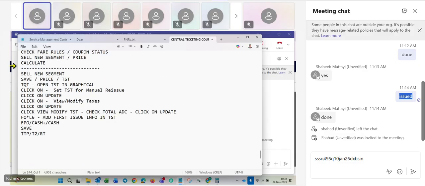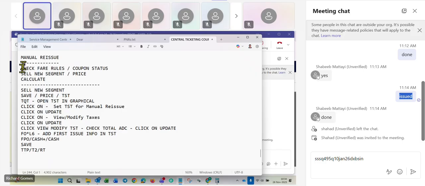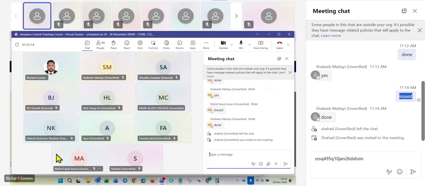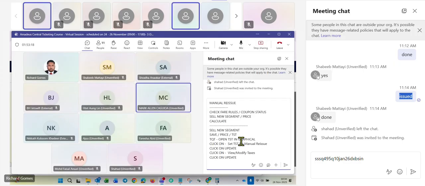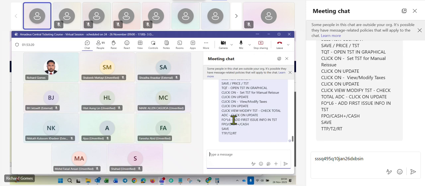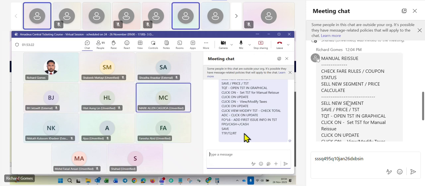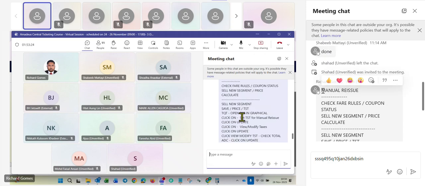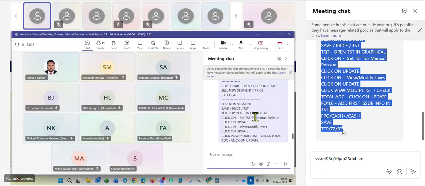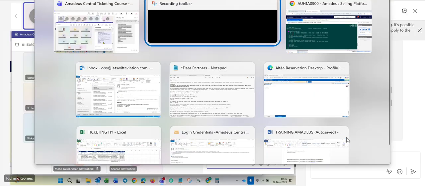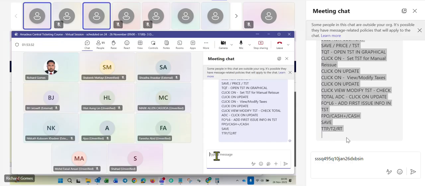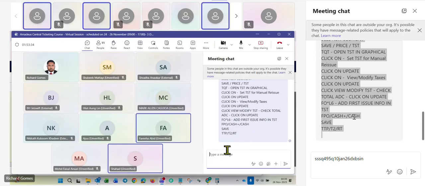I will put the steps for you here in the chat box, and then you guys can take a break. Okay, and we can come back and you can reissue your ticket after the break. Yeah. So the PNR which you have created, do the changes in the PNR with Lima class for the return, and then you can reissue the ticket. Okay, guys, we can get the cryptic commands also in the